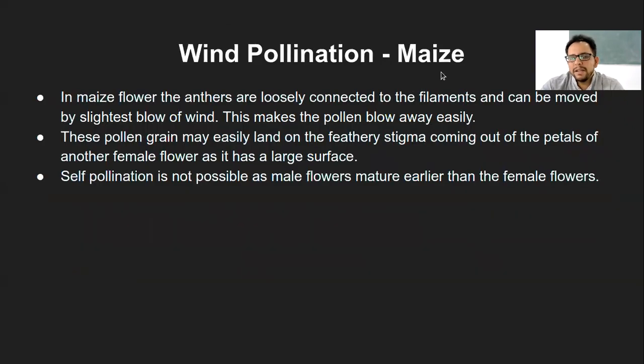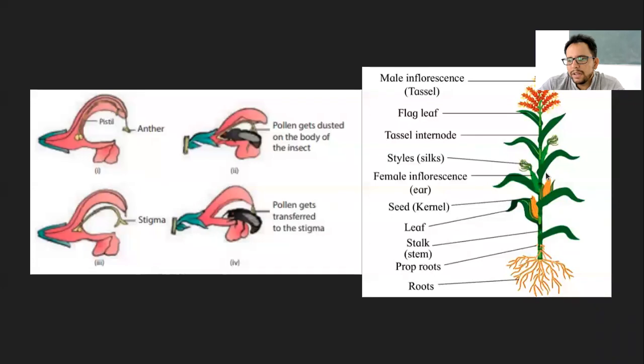And the second example is of the wind pollination that is happening in the maize. Now, maize also has flowers with loosely connected filaments. This was the characteristic when we were studying wind pollination. The anthers have to be loosely connected so they can be easily blown away by the slightest wind. And then these pollen grains can easily fall on the feathery stigma coming out of another female flower. So just to show you briefly in a diagram here,